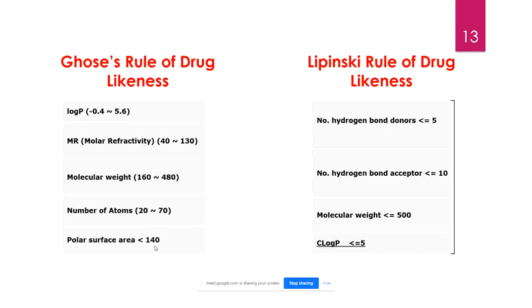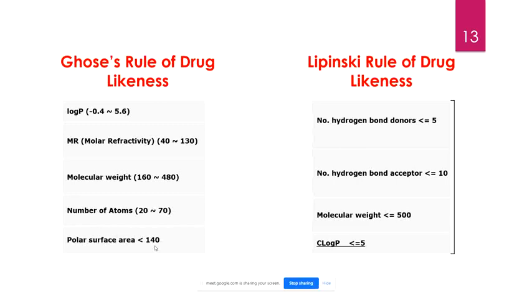Later on, there were other kinds of rules like the Egan rule and the Muegge rule. They also added some other criteria, but these are the two rules that are mostly followed worldwide. Any pharma industry generally follows these two criteria to design a drug. So suppose you have designed a molecule that works as an excellent drug, but suppose the number